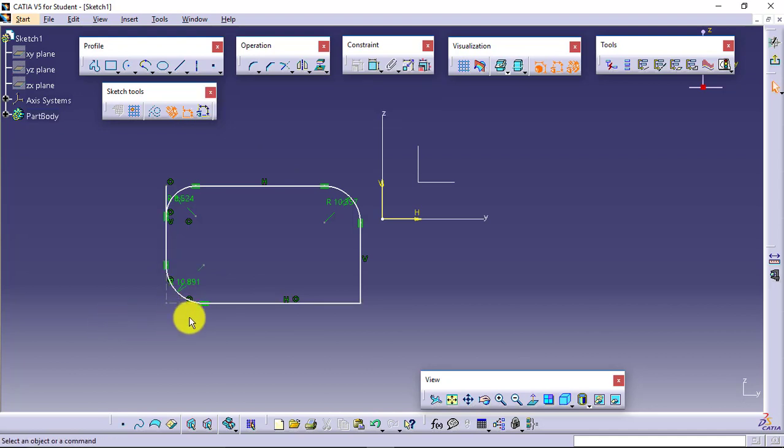You can see the lines are trimmed but are kept as construction lines. So further if I need, I can use this point as well as these two lines for further reference. The last one is construction line no trim. Again see this, the case is the same as the standard trim case.